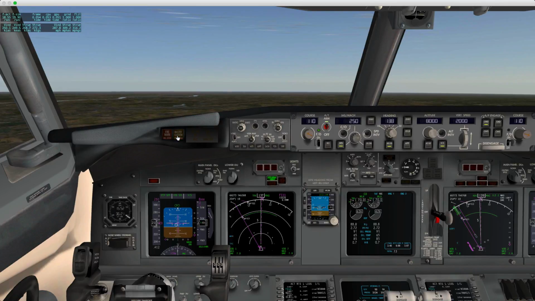Okay, this is the problem. The real ATIS for Warsaw is not always